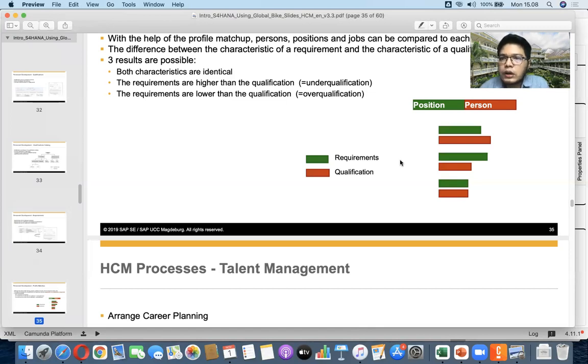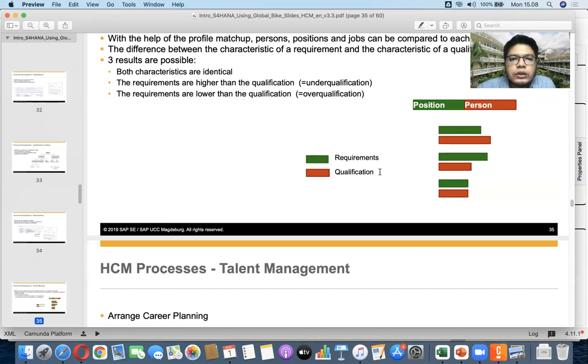That's a loss for the company. However, for under qualification, we are worried that later on he will not be able to perform as we want. Basically, we pay them higher than what he is capable of doing, right? That's also not good.